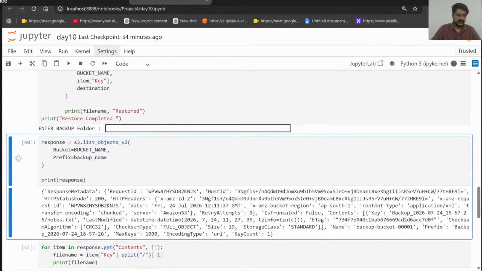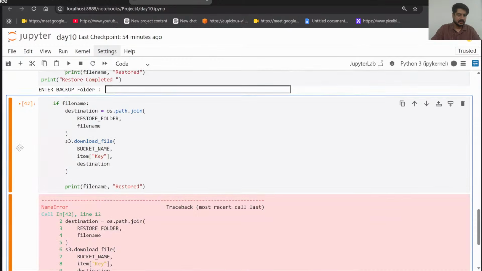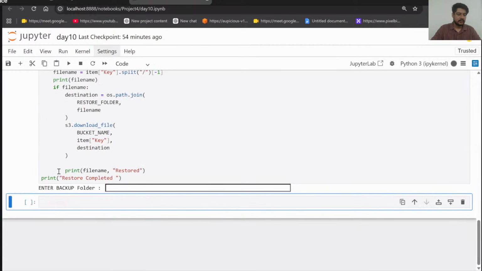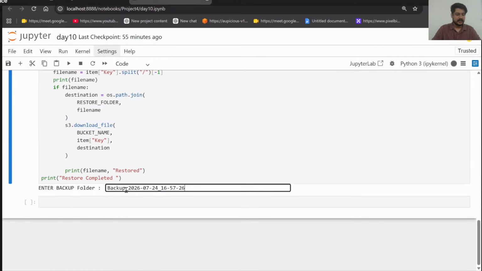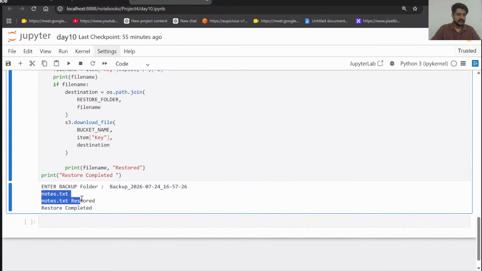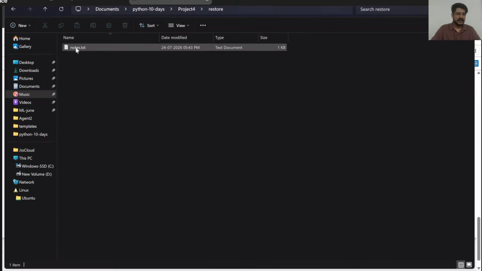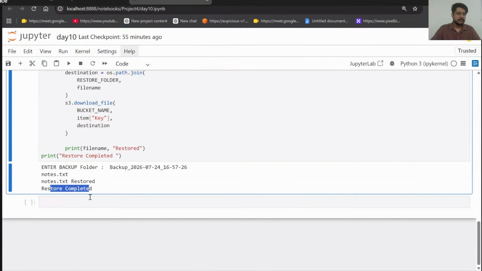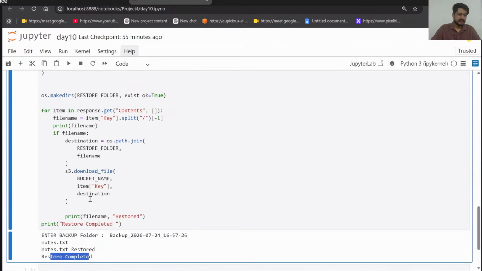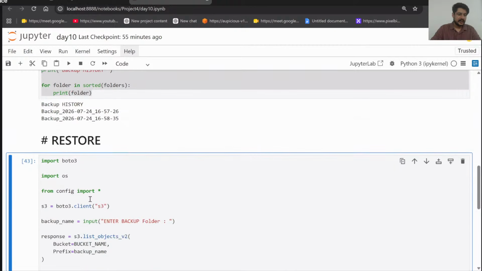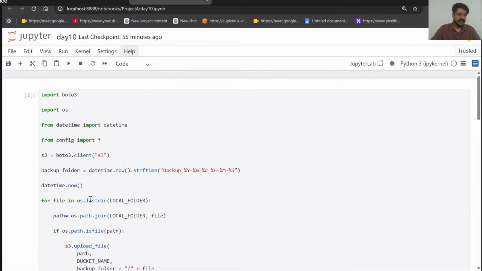Now this code will run. So let me delete all the pieces which I did. Now this code will be working. So entire code, wherever there was a mistake, we fixed it by troubleshooting it, and now we just enter it and it will tell, see, nodes.txt restored. Now you can see inside your backup folder, automatically all the nodes which we had is being restored here. So technically I did a backup of the restore, right? So this is one very interesting thing I just want to tell you. Right, and the good part is all the code we are writing it here.